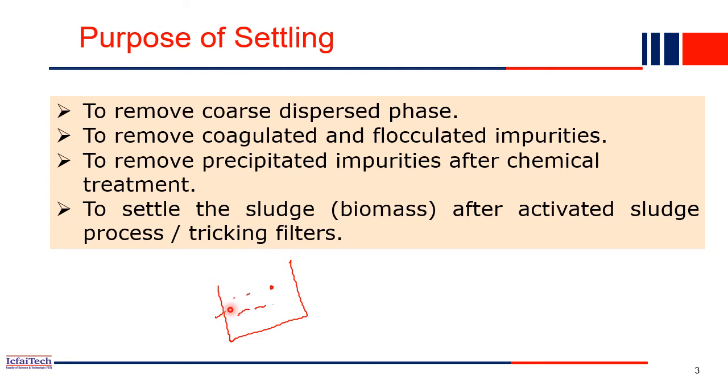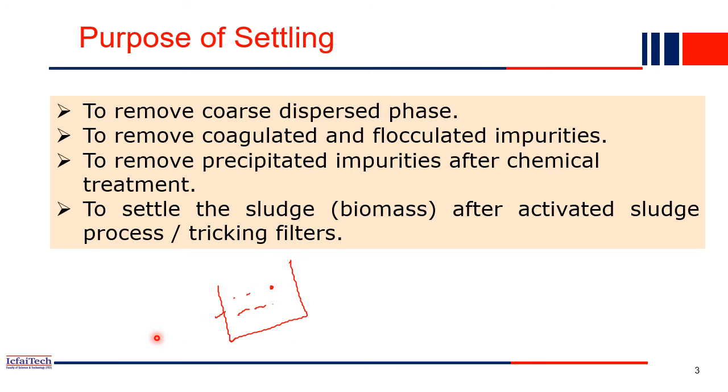This is one way to do that. Another way is, we can add a small chemical, which we call flocculation. Normally if you see in a village how they clean the water, they basically put alum. Alum is nothing but a chemical which basically combines all the solid particles present in the water, and this will settle down at the bottom. So alum is a chemical, and such chemicals also we can add into the water for better settlement of the solid particles. So to settle the sludge, that is biomass, after the activated sludge process. So this settling is a property where we are using the gravity force to settle down the solid particles. So this settling is used in many cases.